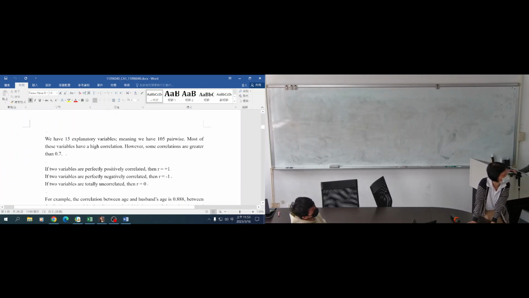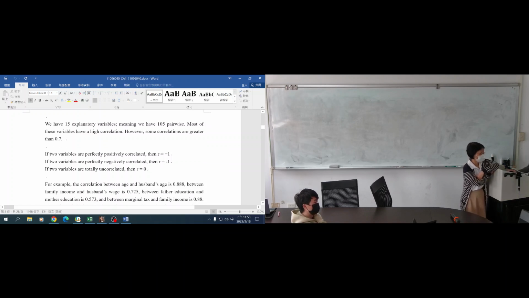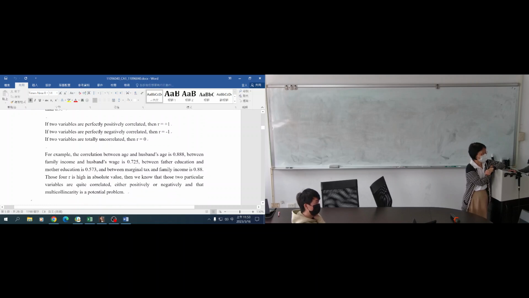So we have 15 explanatory variables. That means we have 105 pairwise correlations, and this is just the explanation of the sign. If it is positive, it is perfectly positively correlated. And then the correlation between age and husband age is